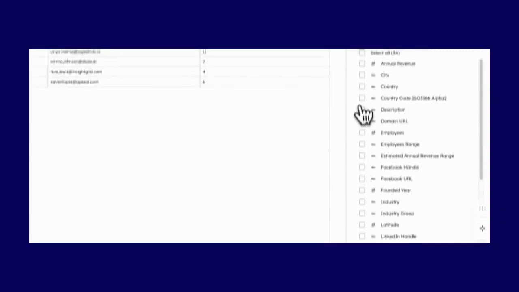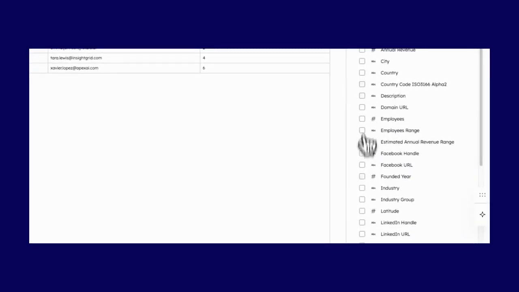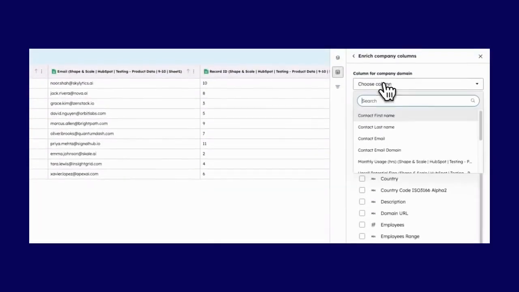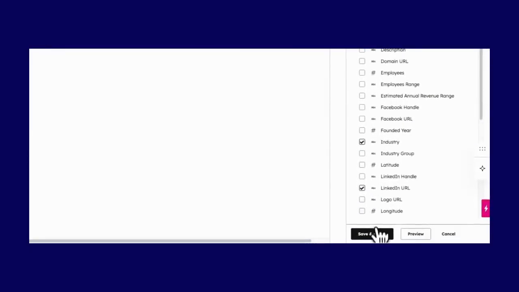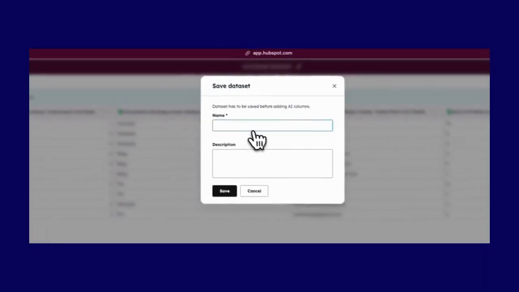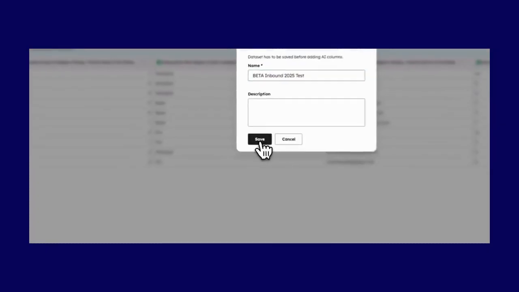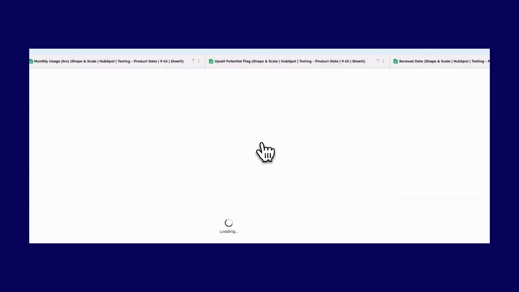Yeah, enrich company columns. So I'm going to keep this simple, and I'm just going to do industry, and I'm going to do LinkedIn URL. And then what's going to enrich that, right? So I want to use the email domain, save and create that. And I'm just going to call this my beta inbound 2025 test. And I'm not going to put a description. I know that's bad hygiene, but